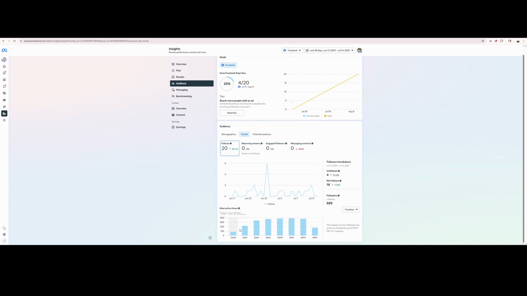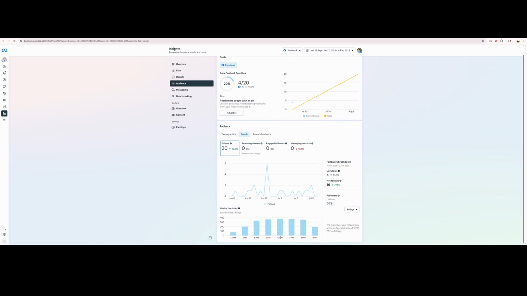Now as for your day, because like I said, this just only has the times here, you're going to want to come over here and select your day. My days all pretty much look the same, but like say if you wanted to post on Friday and you wanted to know when the most best and ideal time for you to post on that Friday is, this is where you're going to want to go.